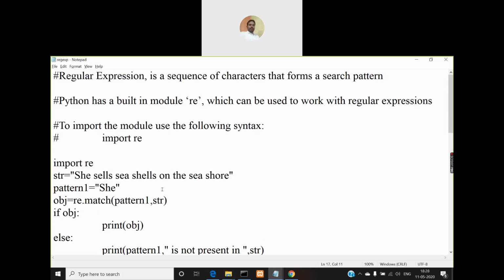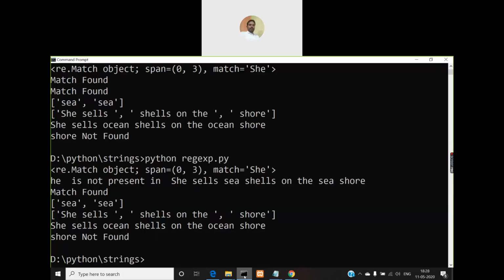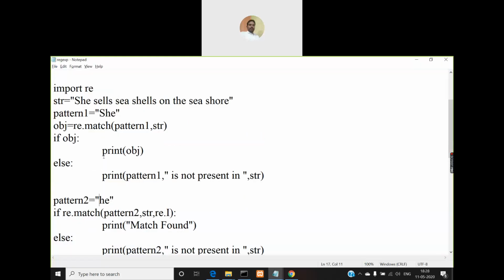Okay, so now look at the output. What is it displaying? Match found, right? Because "she" is found. Instead of "she", I'll give "sells" here for pattern 1. Now I am changing it to "sells". Is it at the beginning of the string?